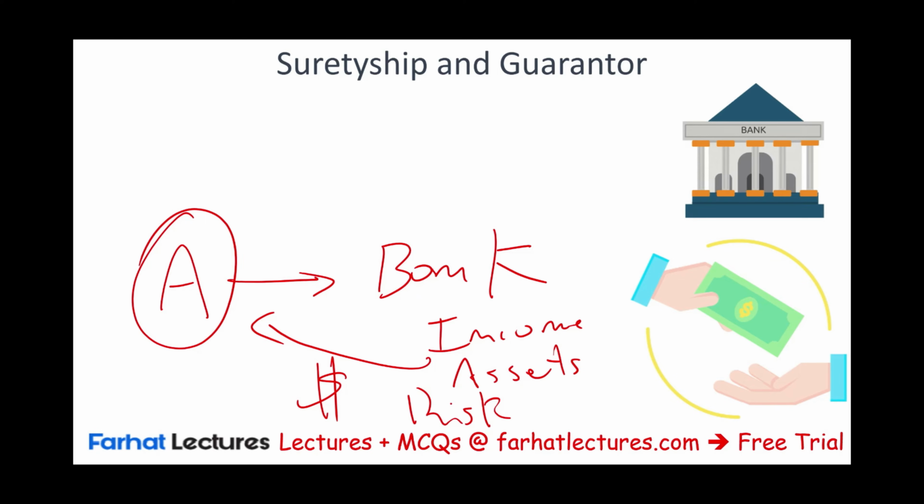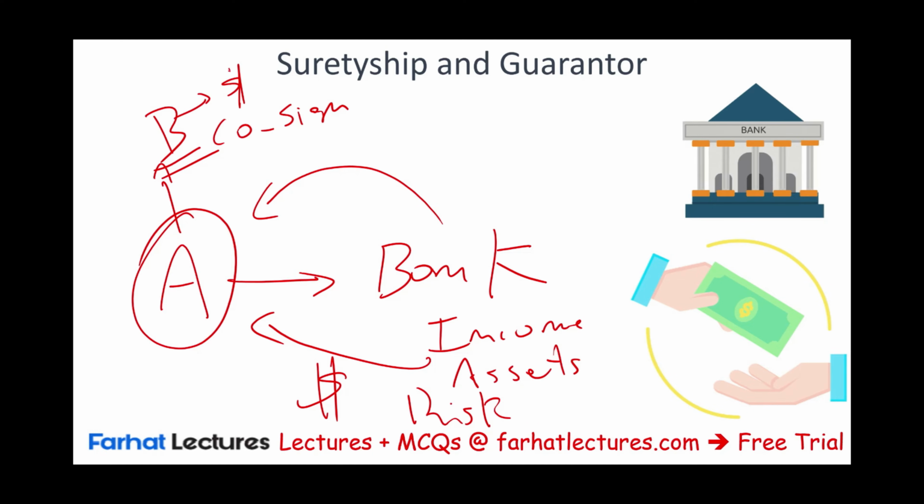So what would the bank tell this individual if they don't qualify? Well, we used to tell this individual, can you get a co-signer? Can you get someone to sign the loan with you? If you can, then you might qualify for the loan. So if A goes to B and asks B to co-sign the loan, which is to guarantee the loan, well, the bank looks at whether A has income, has assets, and, as I mentioned, good credit.